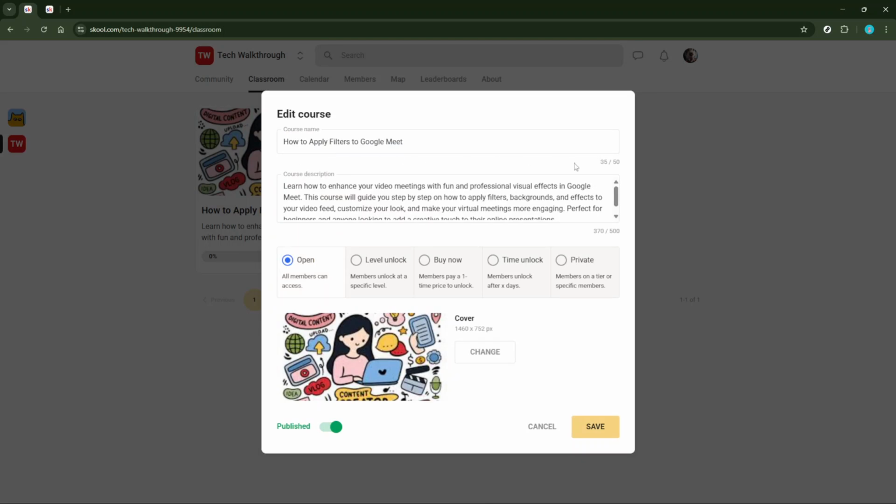Now, once you've clicked to add or edit, you'll be faced with a choice depending on whether native hosting is enabled on your platform. If it is, you can conveniently upload your video file directly from your device. This method is generally straightforward and keeps everything nicely contained within your course environment.